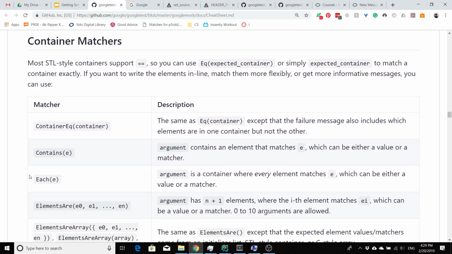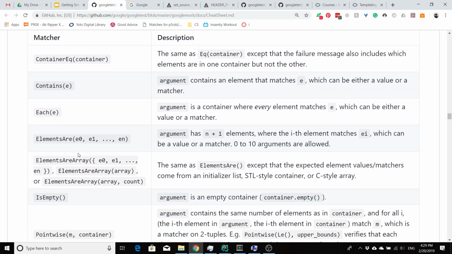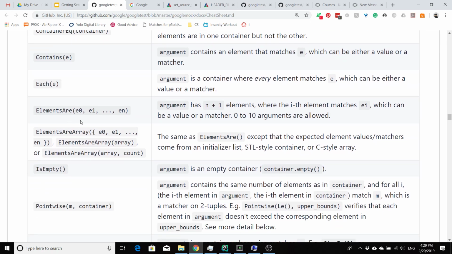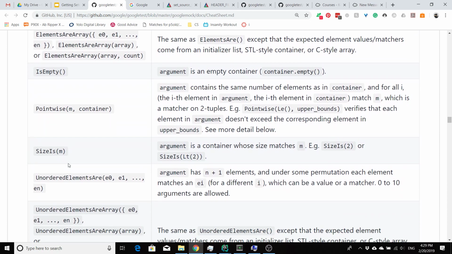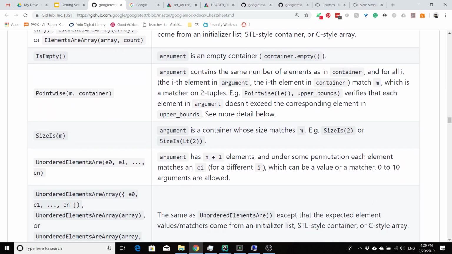Right? You can also check to see if some container contains some value. You can check to see if the elements inside your container are something. You can check to see that it's empty. You can check its size. You can check to see if the unordered elements are. So like these values have to appear inside the container, but I don't care what order they appear in,